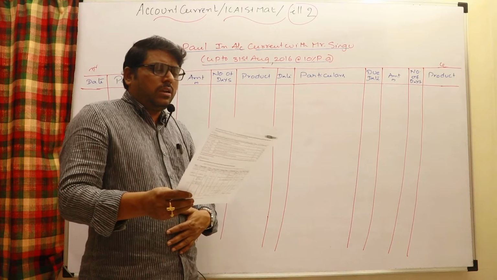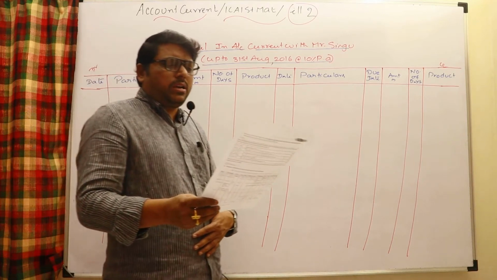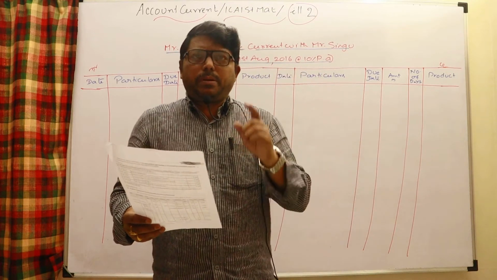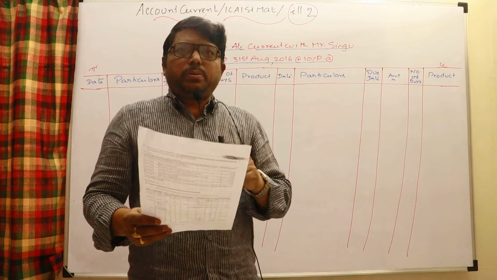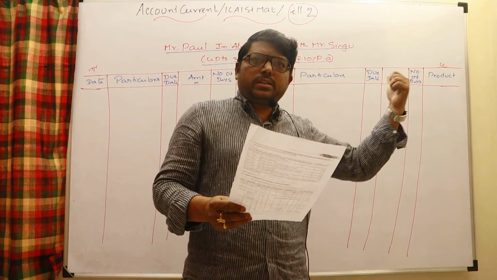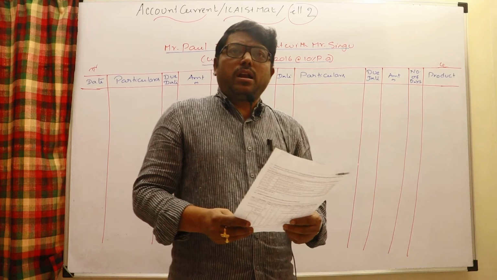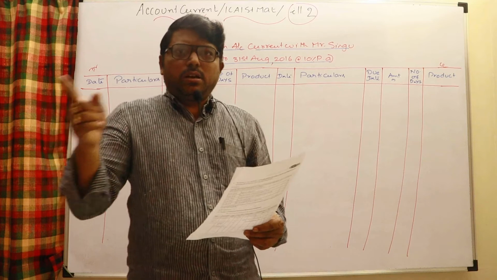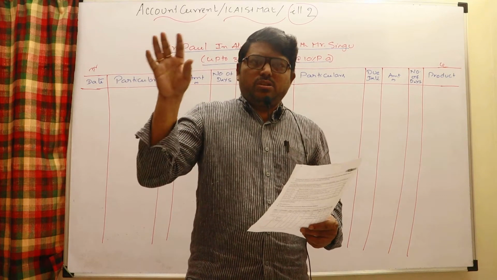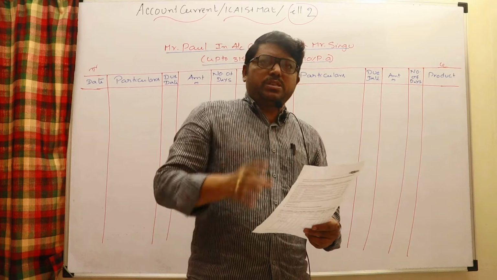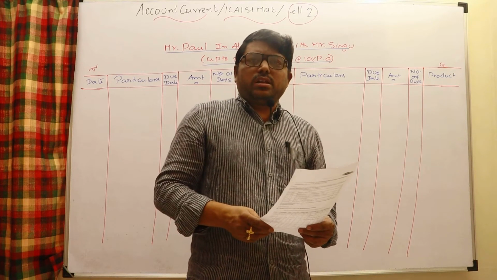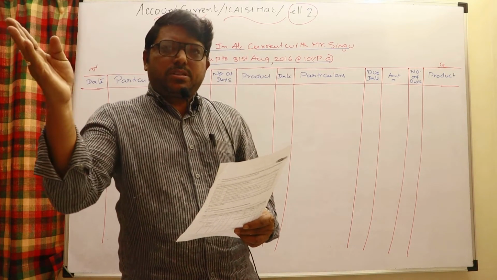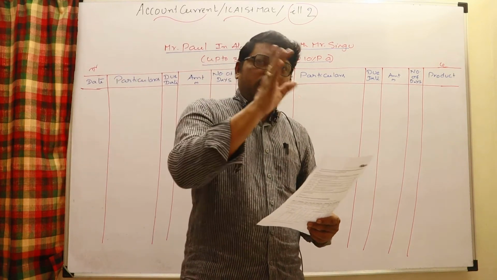First, let us see: from the following particulars, prepare the account current to be rendered by Mr. Singh. Rendered means prepared by Singh. Since Singh is preparing it, while putting the heading Singh should be at the end. He is preparing Mr. Pal's account, so the heading will be Mr. Pal in account current with Mr. Singh. You should behave like Singh. You are Singh and you are dealing with transactions with Mr. Pal. Your customer is Pal. Therefore the heading will be Mr. Pal in account current with Mr. Singh.